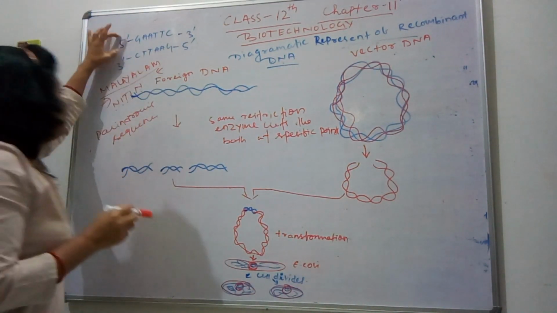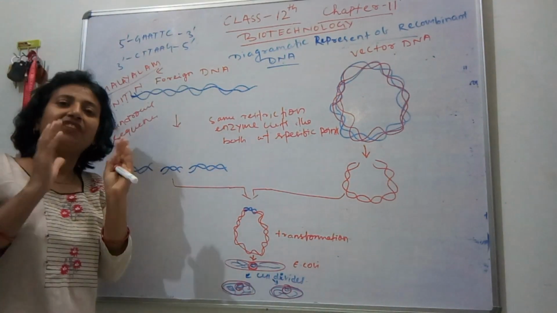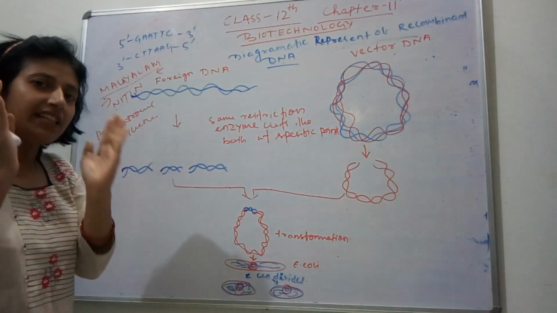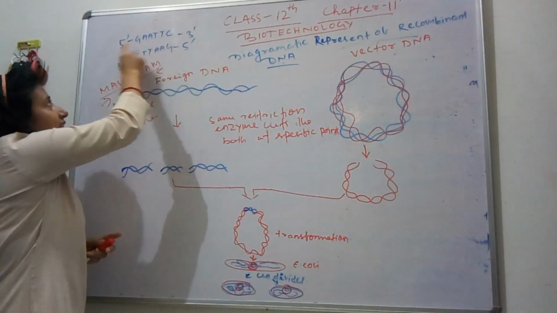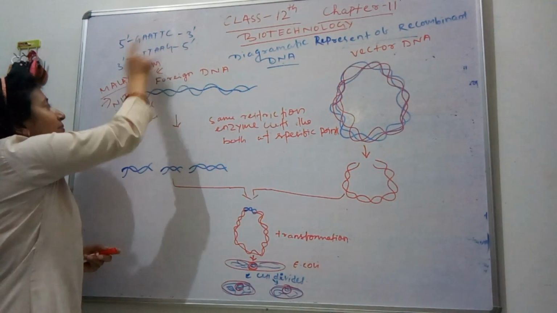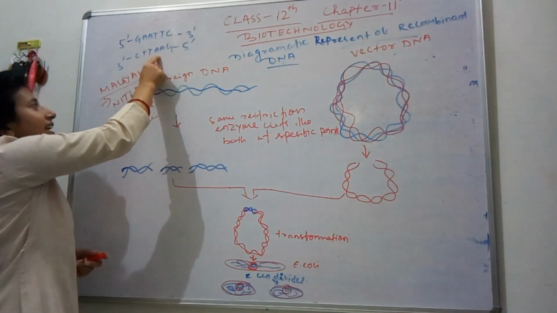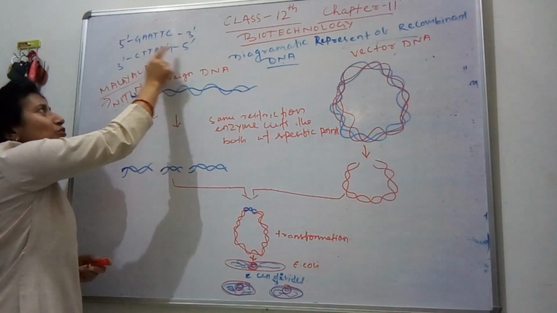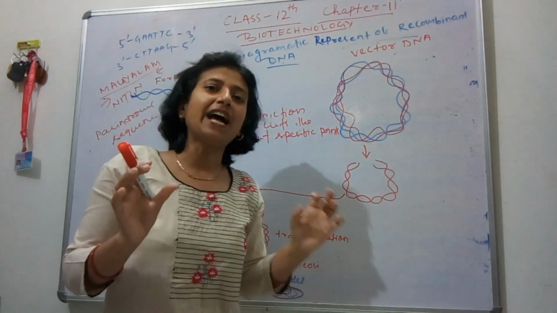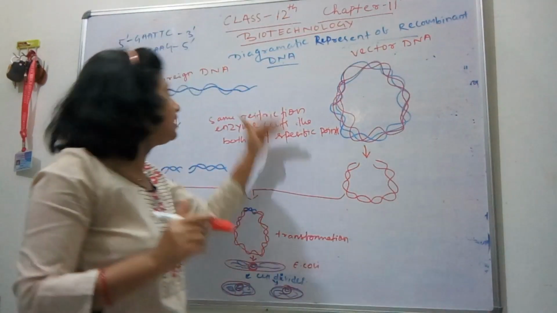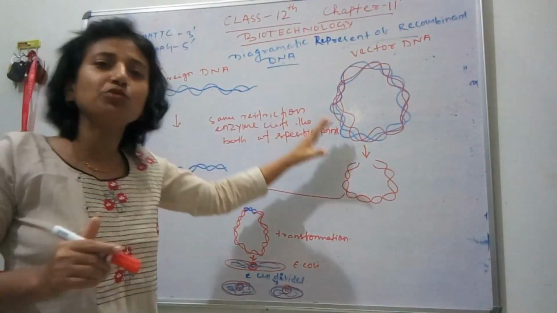In case of E. coli, the palindromic sequence is recognized by the restriction enzyme which cuts the DNA segment. It reads GAATTC from 5 prime to 3 prime, and CTTAAG from 3 prime to 5 prime. Here we see how a plasmid is used as a vector, with a diagrammatic representation of recombinant DNA using plasmid.